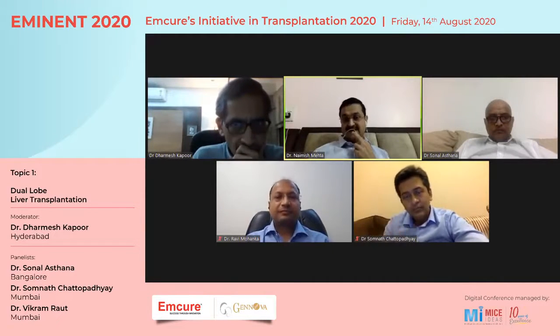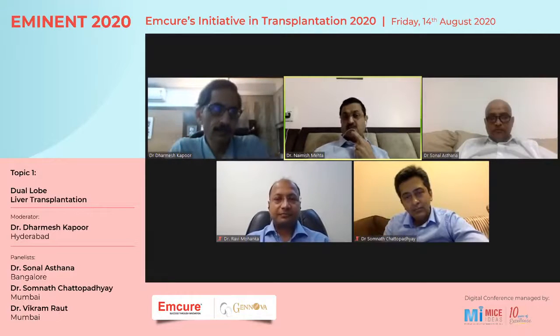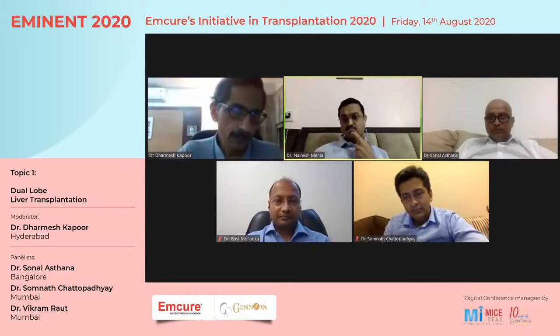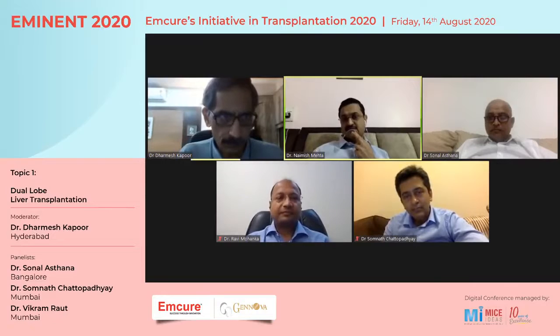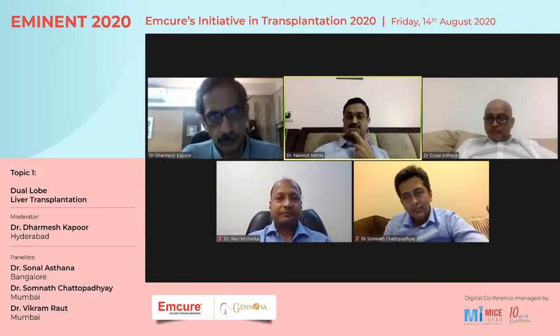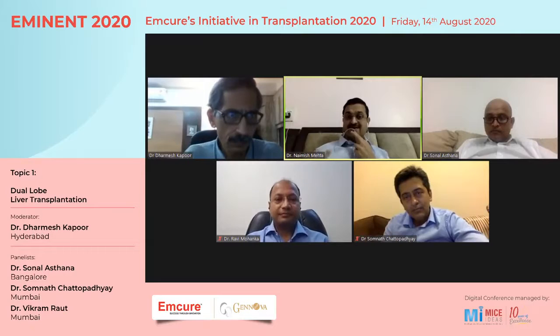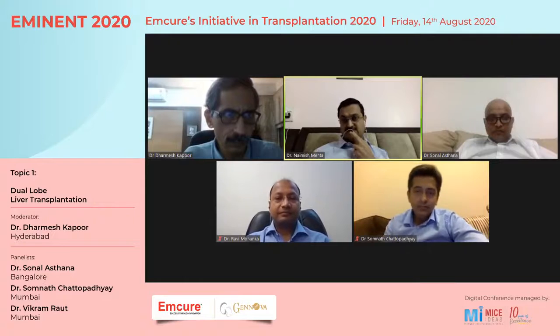We removed the clamp. When we put the second lobe in, you don't actually need a full total cable clamping, and you can get away with a sequential. The whole idea of doing sequential is, one, you want to analyze what has happened to the right lobe, what you have implanted. You do the Doppler, you take your time to do it, then you remove the left lobe graft, thereby reducing the cold ischemia time of the second graft. So that was the whole idea of why we prefer doing a sequential.